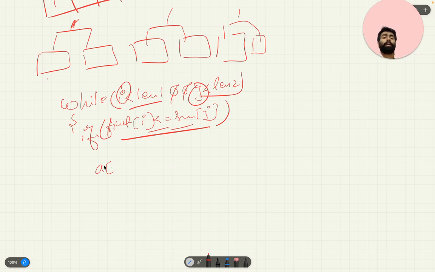So how will we add it? We will again use the starting point of the array passed in the function as the starting point for this. But now we need to increment the index every time.